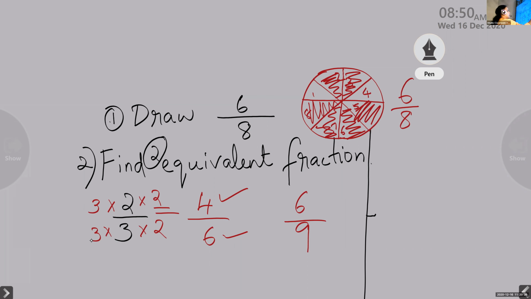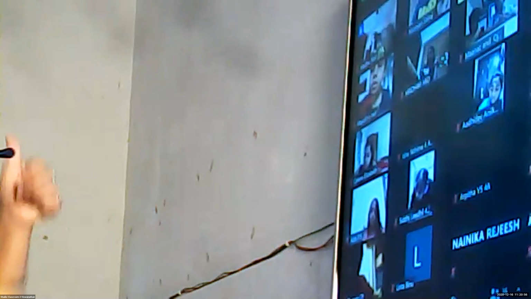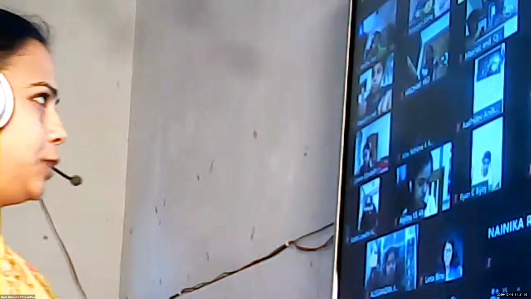Okay. So children, you can multiply by any number, no problem. But if you multiply the numerator by a number, you have to multiply the denominator by the same number also. So Felix, what answer did you get for this question number 2? Same only. So you multiplied by 2 and multiplied by 3. Okay. Very good. All of you got the answers, children? Can you show? Okay, very good. So children, we will complete 8.2 now.